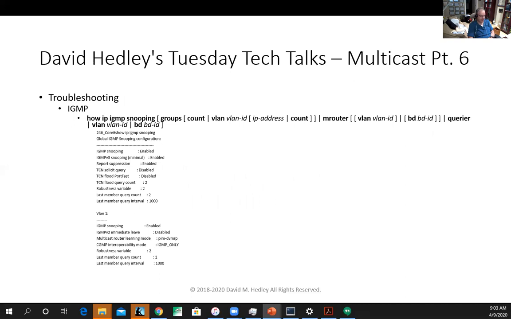The switch, the layer 2 switch, proxies the queries. So it's keeping track of who wants that traffic. And it will forward to the querier the report that we want this group. That when they're done, we are done with this group, okay? And there are things like report suppression, if we remember that, the way that works with snooping and why it's enabled is